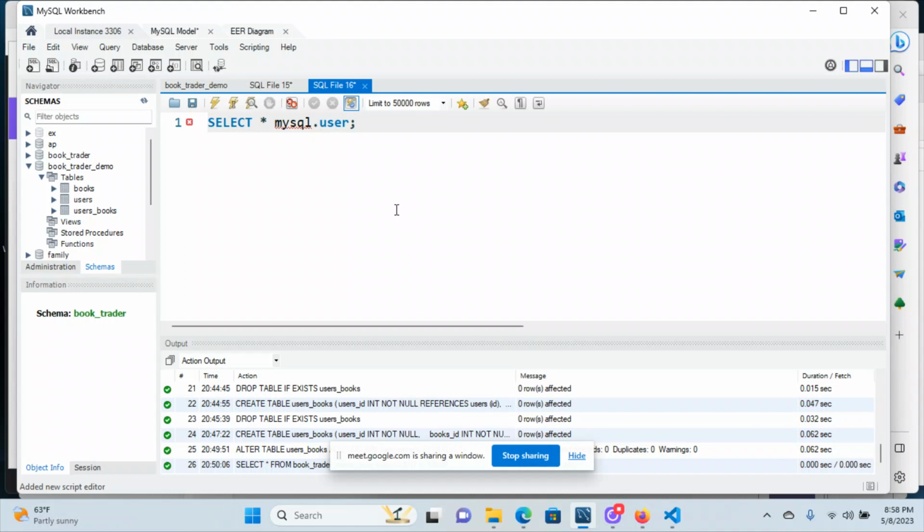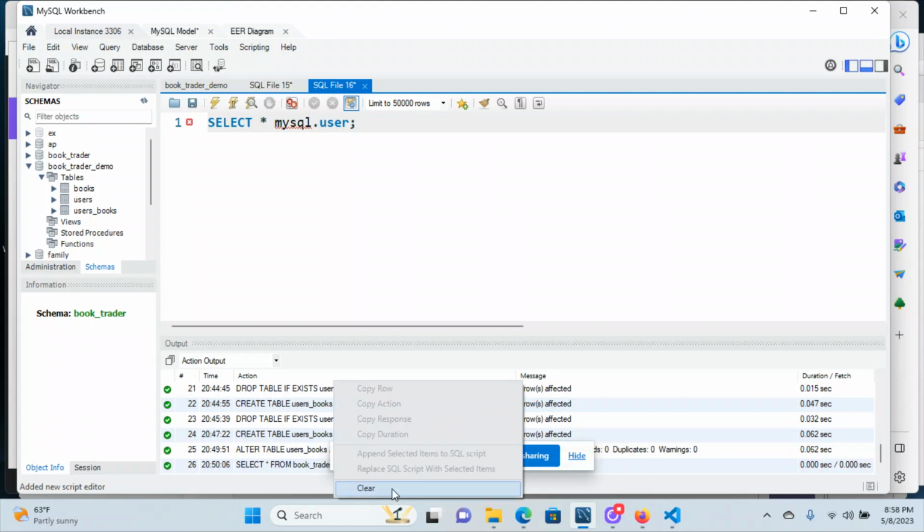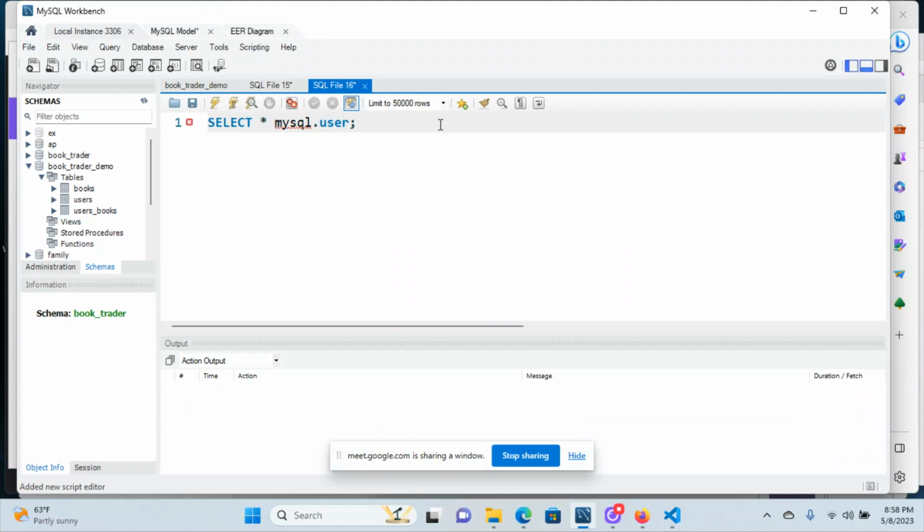mysql.user. And here's that keyword. Here's where I like using username instead of user, although I think I used user on the other one. But anyway, go ahead and try this one. Do a select all. Let me clear this action output here for a second. Tidy it up. And do a control enter on this guy. And